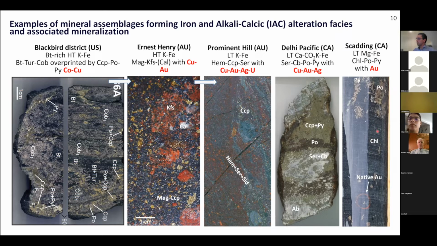In this case, it will be primarily an iron silicate type of gold mineralization with its association with chlorite. Some sulfides can also be variably present. And this is exemplified by the Sunrise deposit located in the Southern Province in Canada. So this provides a first illustration of the potential diversity of metal assemblages and mineralization styles that are possible in association with these iron and alkali-calcic alteration facies. It really illustrates the broad range of deposit types that are possible in these hydrothermal systems.